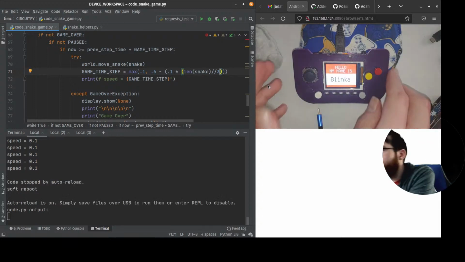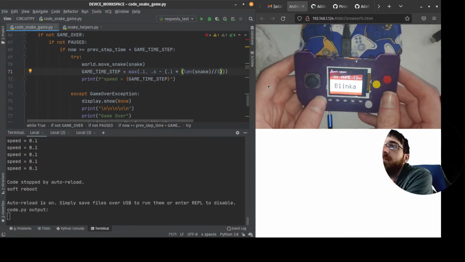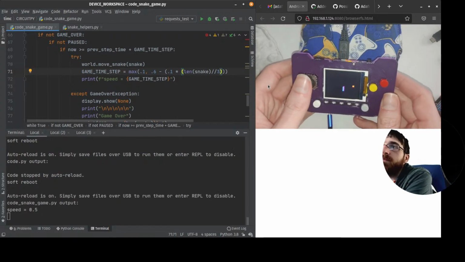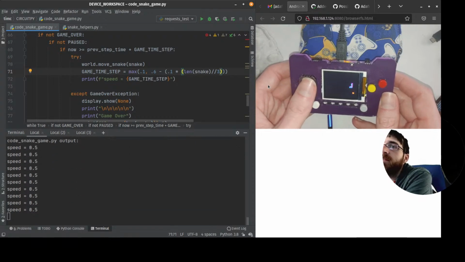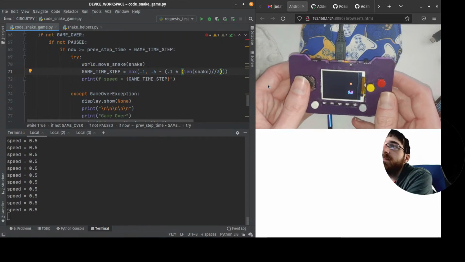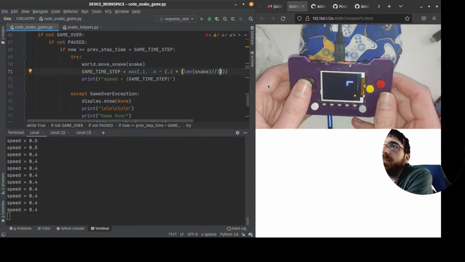So every 3 times you grow, it'll speed up. Around 0.5. Still on 0.5. Still on 0.5. This one we go up though. Yeah, to 0.4. Well, it's actually down, I guess, but faster.